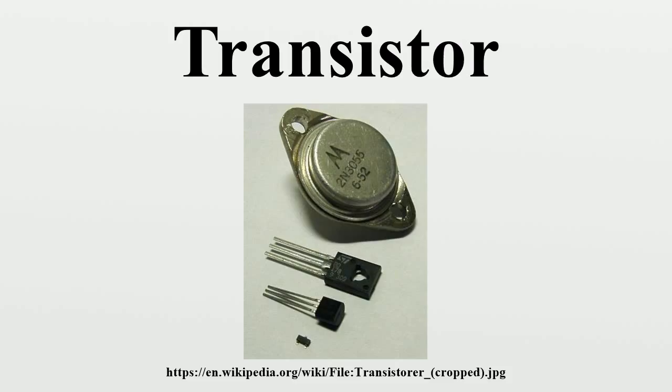Lawyers at Bell Labs advised against Shockley's proposal because the idea of a field effect transistor that used an electric field as a grid was not new. Instead, what Bardeen, Brattain, and Shockley invented in 1947 was the first point contact transistor. In acknowledgement of this accomplishment, Shockley, Bardeen, and Brattain were jointly awarded the 1956 Nobel Prize in Physics for their researches on semiconductors and their discovery of the transistor effect.